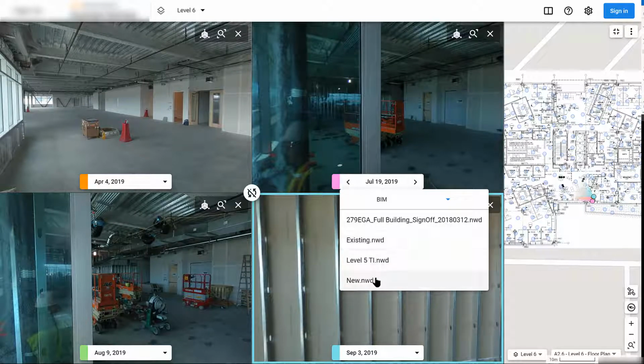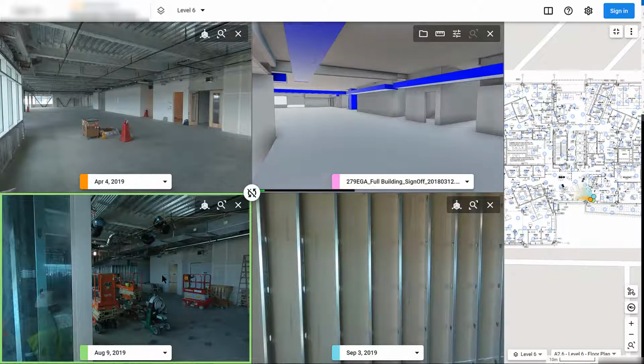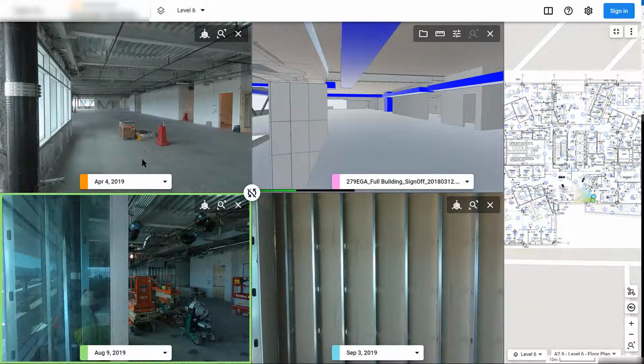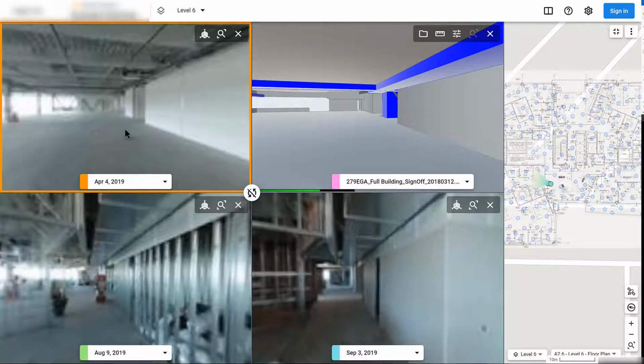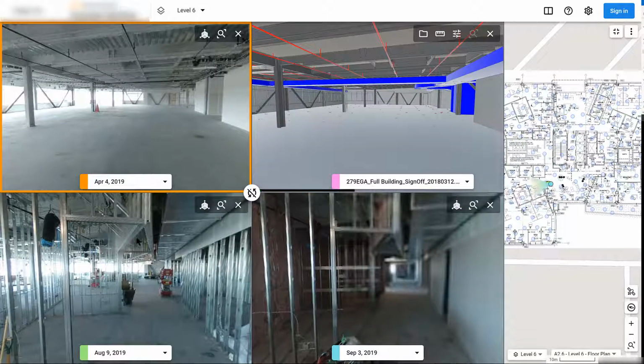Okay, so now we have 3 different capture dates, and I'm going to bring in a BIM, and we actually have 4 different BIM models here. I'm going to use the final sign off, and we can take a look at what this looks like. So we can even notice there's a structure wall here, which is not existing in some of these other spaces. And we can navigate in kind of a live sync between these captures, and that's extremely helpful for inspecting issues,